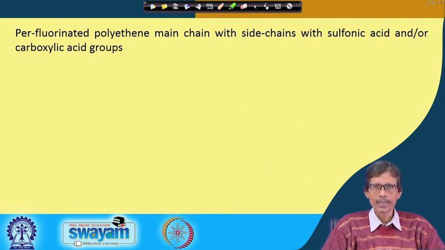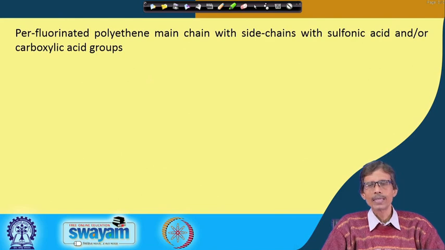So, the polyethylene main chain we know, that is the polyethylene chain, like that of your Teflon material, which we have discussed earlier while considering fluorine and its usefulness for making new or useful materials from an industrial point of view. So, perfluorinated means all the CH bonds will be replaced by CF bonds within the main chain, and